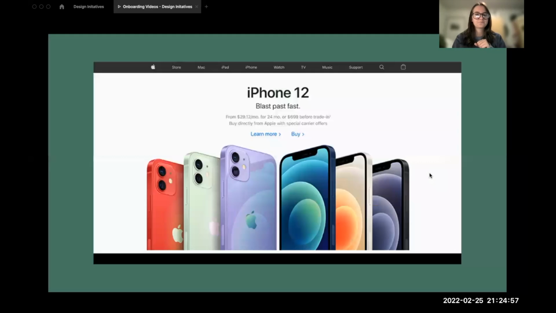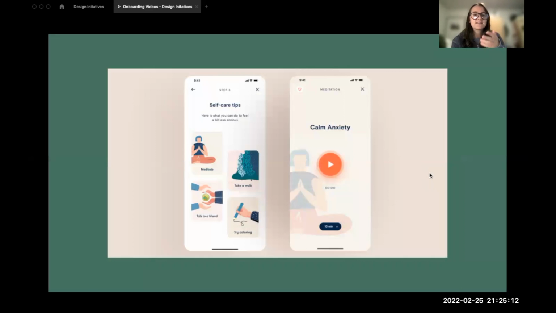And here's another good example of Apple's landing page for the iPhone 12. Apple's pretty well known for using balance in their work. Similarly, if you were to drop a line down the middle of this, the weight on both sides would be pretty even. But with that being said, not all good design is essentially symmetrically balanced.